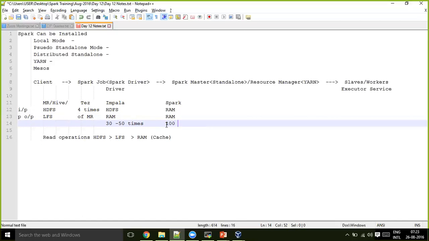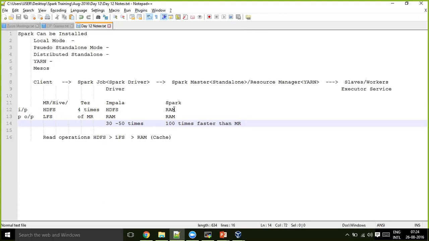Theoretically you see up to 100 times faster than MR, but it purely depends on how much RAM memory you have allocated. So if you are allocating 100 GB RAM for your YARN and less memory for Spark... let me complete. In the ideal configuration scenario, Spark runs up to 100 times faster than MapReduce.